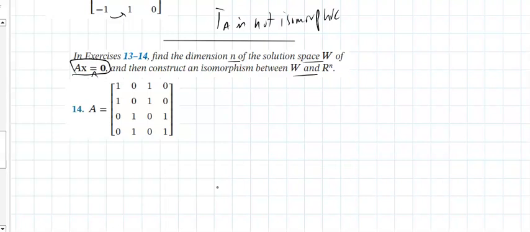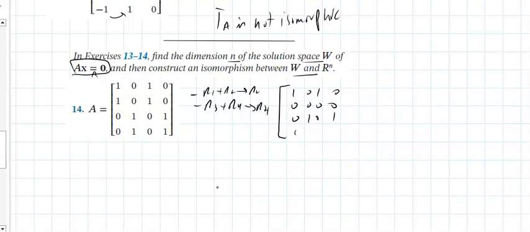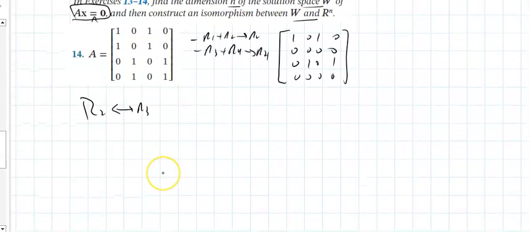Well, this is fairly simple, because if I take negative row 1 plus row 2 in row 2 and negative row 3 plus row 4 in row 4, and just do a switching, that'll do the trick. Now if I switch row 2 with row 3,